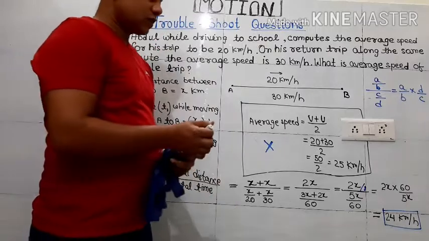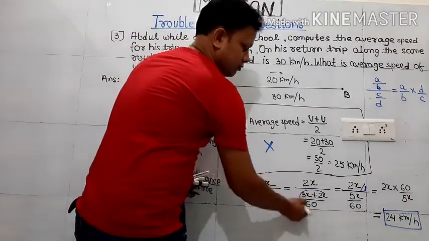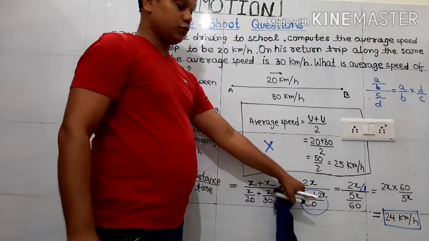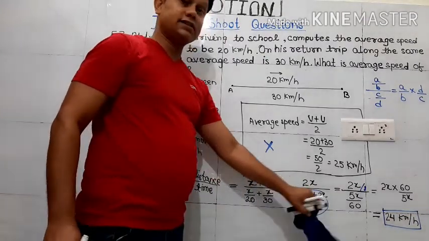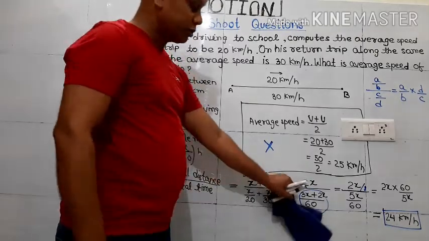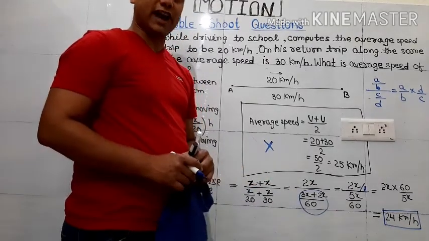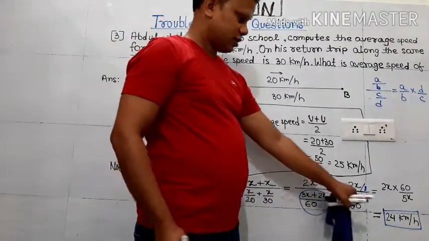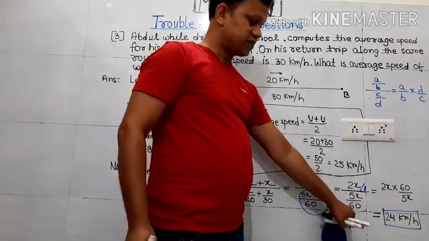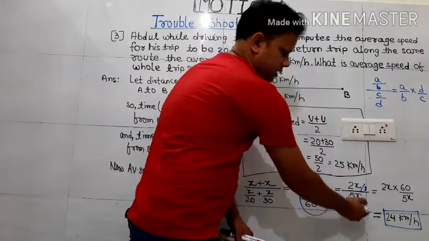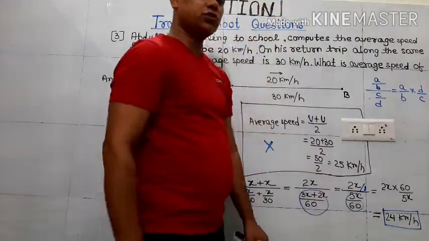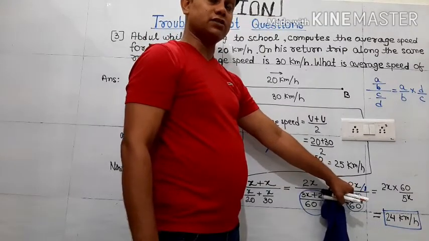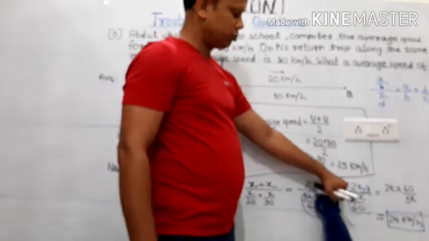Now, since this is the denominator of this whole fraction, this is the numerator and this whole will be taken as the denominator. But the denominator itself is in the form of a fraction. So according to mathematical knowledge, 2x upon 5x by 60, that is the denominator. Now how do we solve this kind of situation? Then we take the numerator in the fraction. This is already in the fraction, but the numerator is not in the fraction.